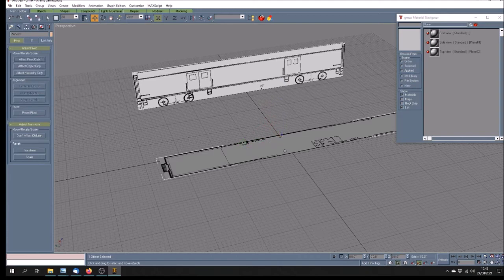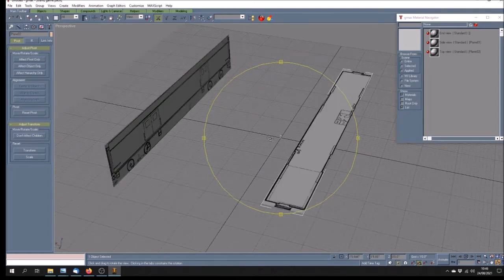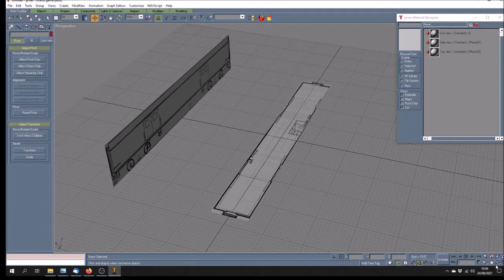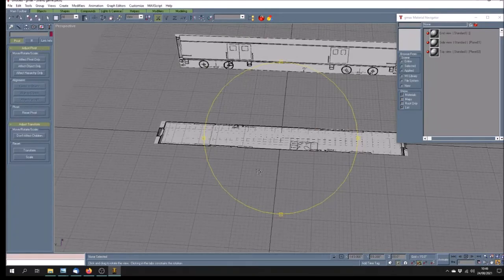Oh no, it's okay. Yeah, I've just moved the pivot. Look, it's over here. Idiot. Center to object, align to world. I didn't unclick the effect pivot only there, so it just moved the pivot, not the plane itself. There we are. Okay, so that gives us a top-down view of the carriage,